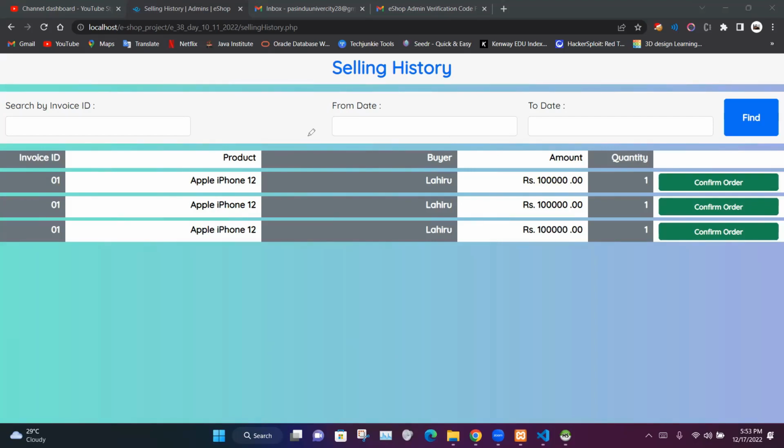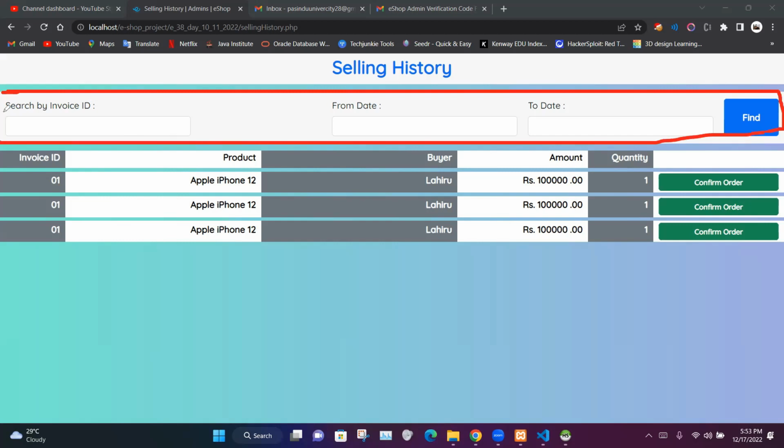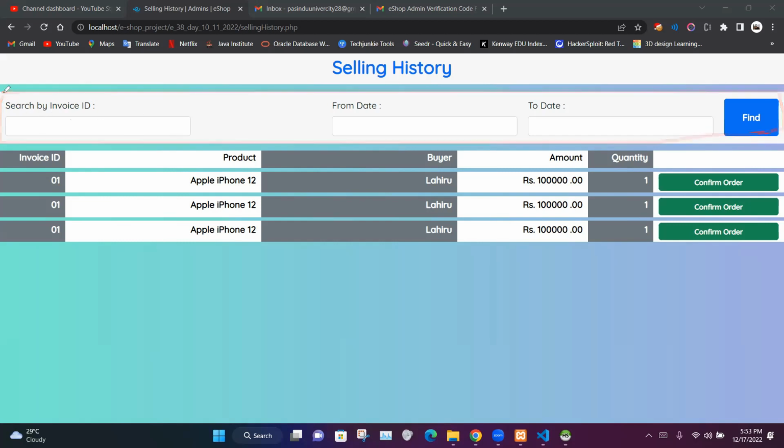Today we are going to talk about how we can design our selling history web page. Here we have our selling history web page. First we have inserted the label as selling history, and then we have inserted our search area here, and we have given two options: search invoice by ID, and the second option, search using a time duration. After that, we have inserted a find button, and then we have inserted invoice ID,